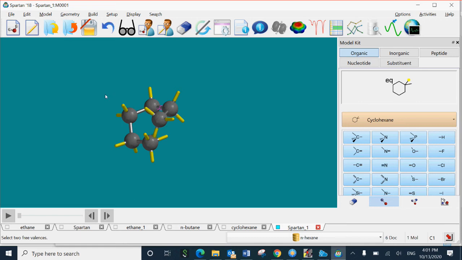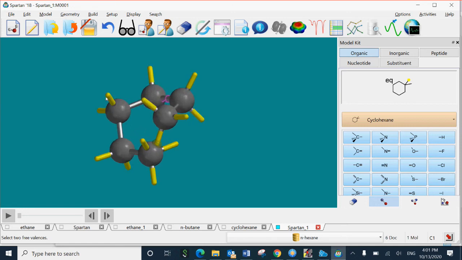So that is selected. You can see a green halo around there. Then click on one of the hydrogens in the other carbon which is not bonded, also at the tip. So these two hydrogens are gone and a carbon-carbon bond is formed.